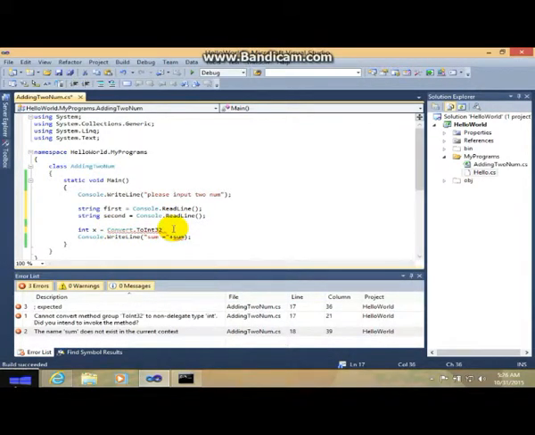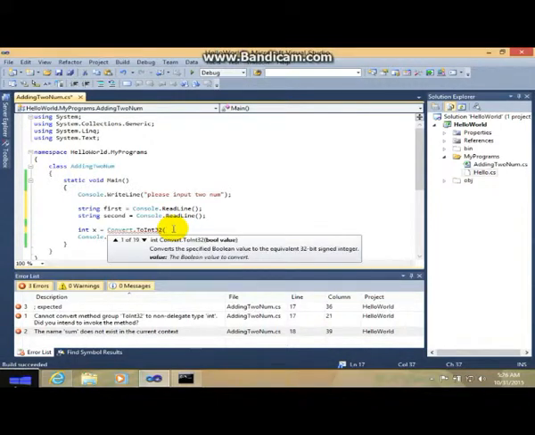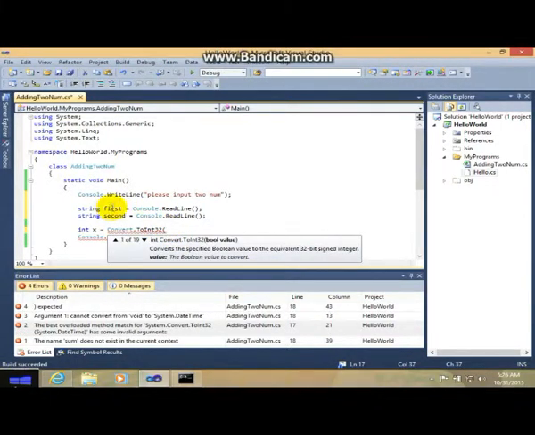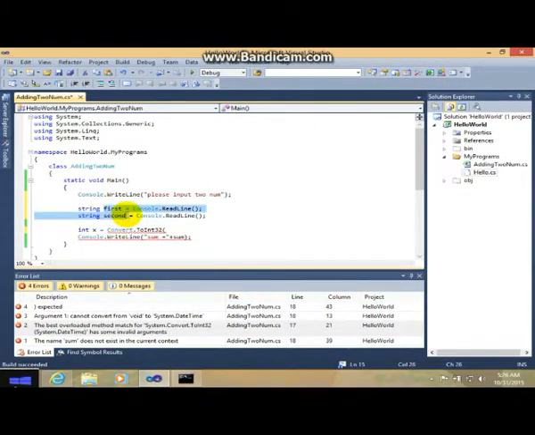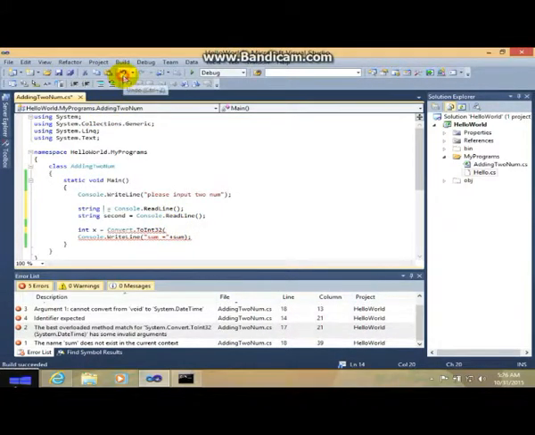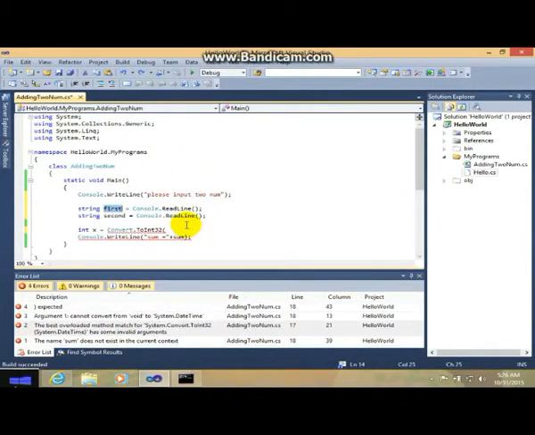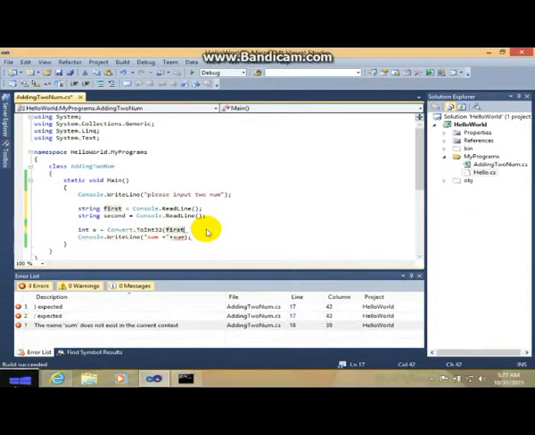What this does is you will need to enter which variable you want to convert. So we want to convert these two, so we convert the first. Just write first in here, and close parenthesis and semicolon.